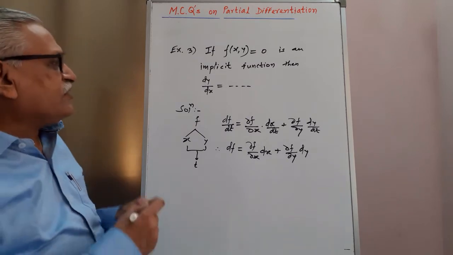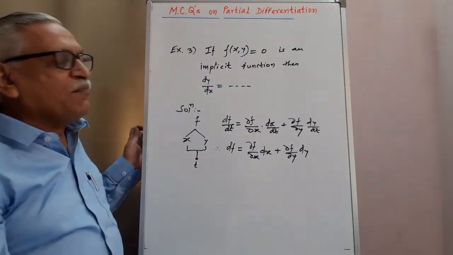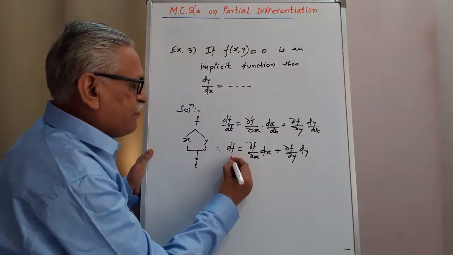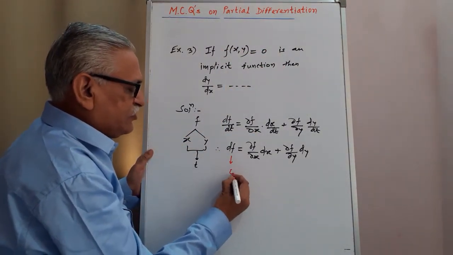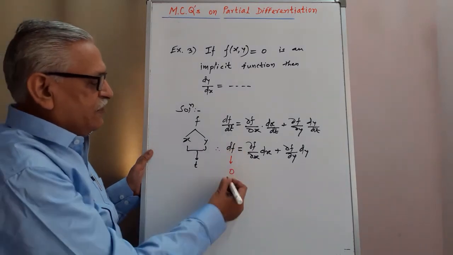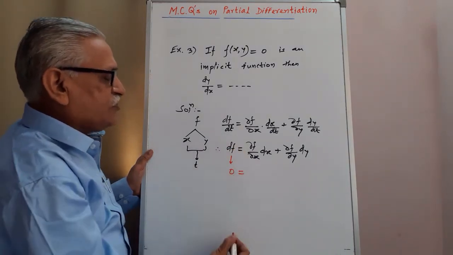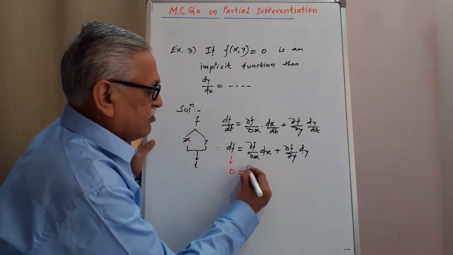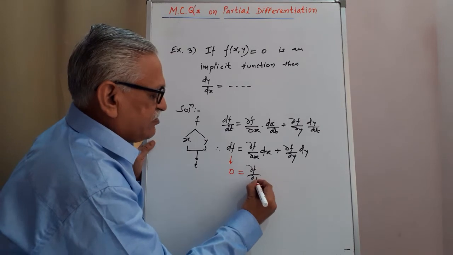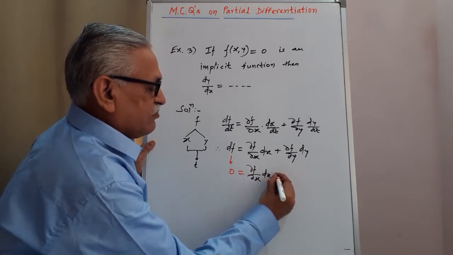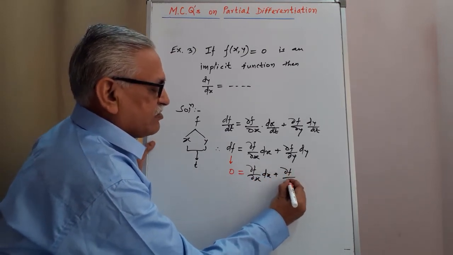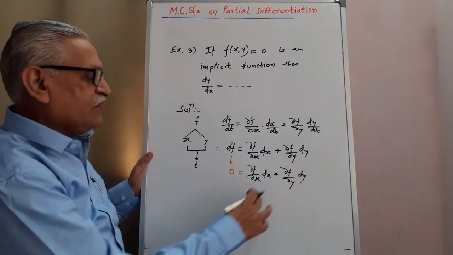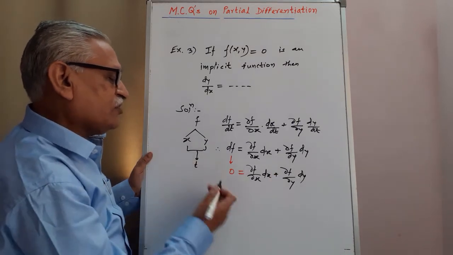And if f is an implicit function, meaning f is equal to 0, then the derivative of that function is 0. We get df is equal to 0, and that is equal to dou f by dou x into dx plus dou f by dou y into dy. Then rearranging it for dy by dx, transferring this to the other side, we get